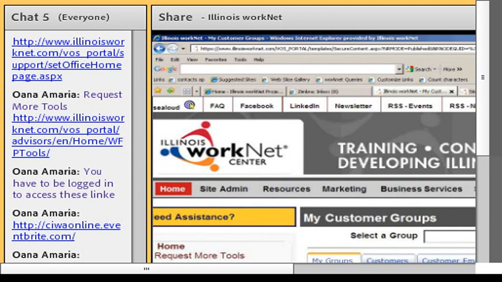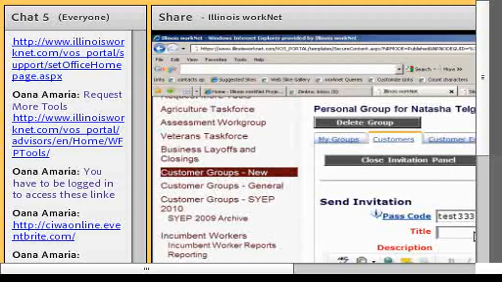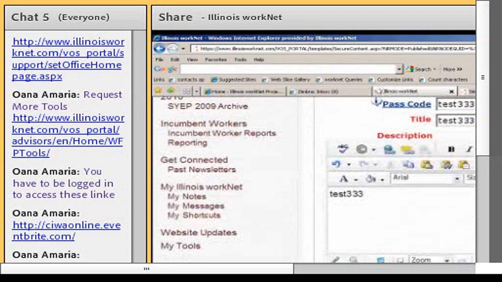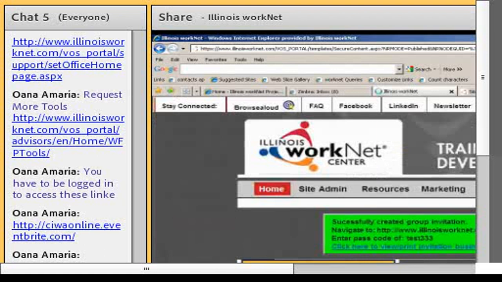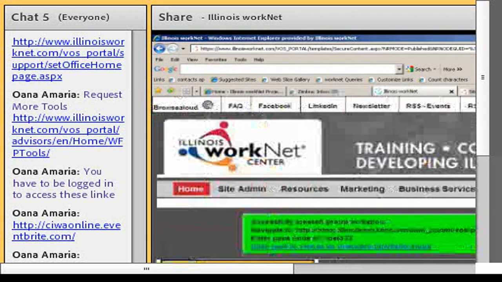use the invitation process. What I like to do is use the group invitation. When I click on group invitation, I have a whole group of people with me, and I think it's just easier this way. I'm just going to put test 333, and you would put, obviously, meaningful information in here, but I'm just using this as an example. I can go ahead and set up my group invitation, and it was as easy as that. And I have my big green notification up here